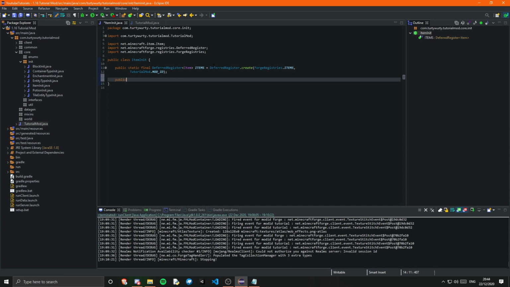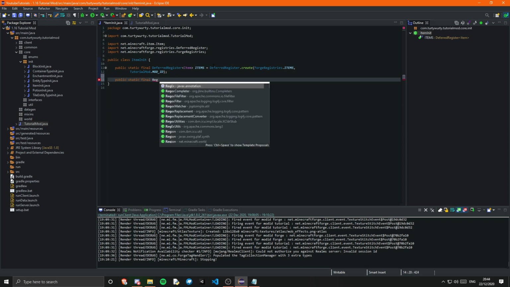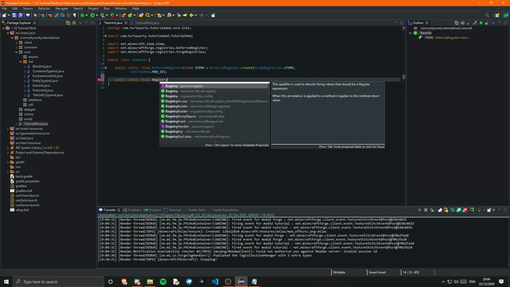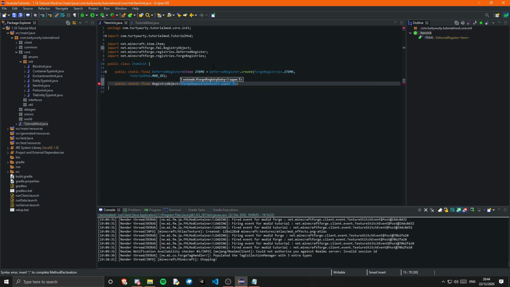So we create a public static final registry object, and this once again just takes in the type that this object will hold. So that will be an item, and I'm going to call this example underscore item, and that is just going to be equal to